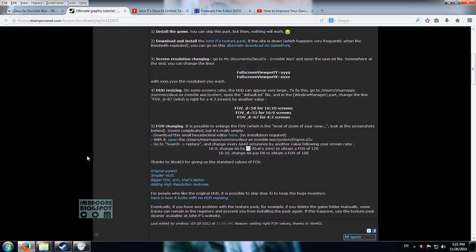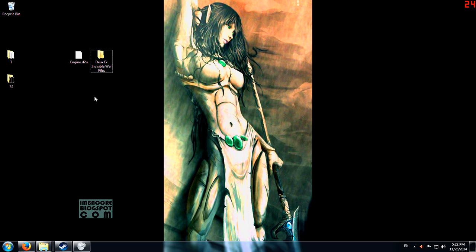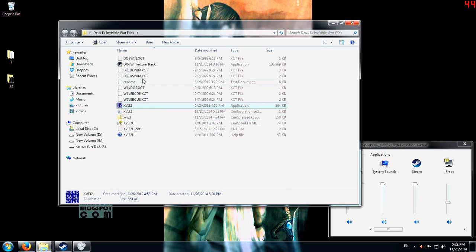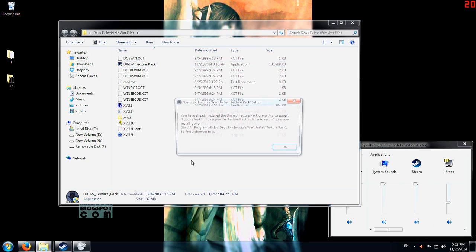let's install the awesome John P's texture pack. I already scanned this for viruses. I found none, so I deem it safe to be used. I've already installed this texture pack, but just to show you guys how I did it, it's very easy. It's very user friendly. Just double click on this, press yes,